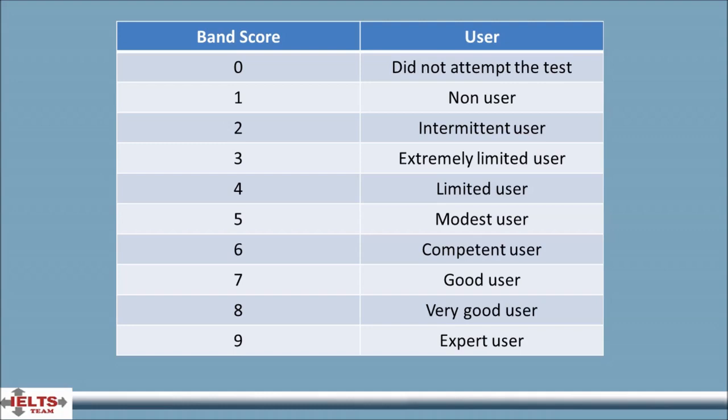There is no pass or fail in IELTS. Rather, all test results are reported on a clear 9-band scale, from 1 the lowest to 9 the highest. Test takers receive an overall band score as well as individual scores for each test component: listening, reading, writing, and speaking. Let me explain what each of the 1 to 9 band score means in terms of English proficiency based